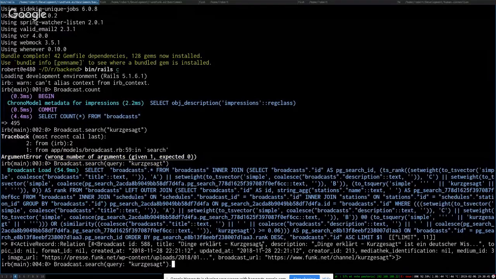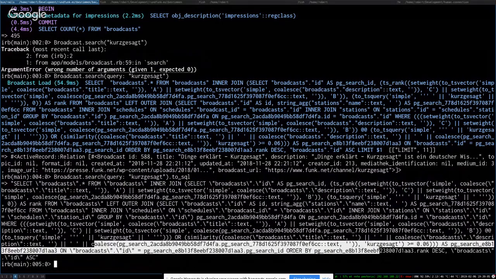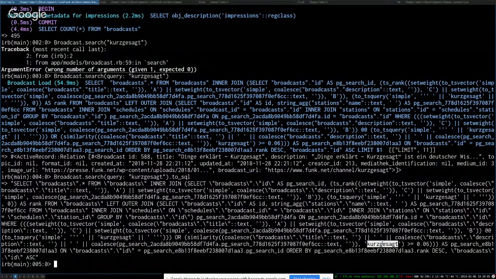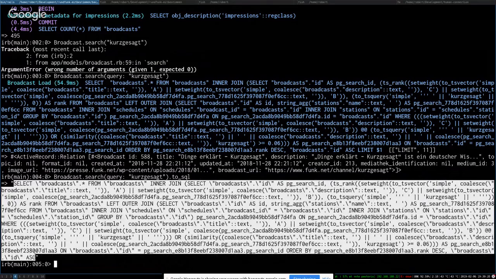And if I just put in to SQL, then I can see the actual SQL that's happening here. So I have broadcast, and it's doing some inner joins and even left outer joins. So I think that's pre-configured. That's nothing that I have to do. And somewhere in here we have the search term, right? I can use that SQL and